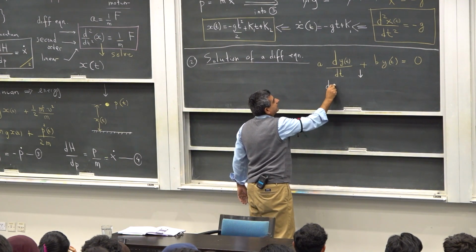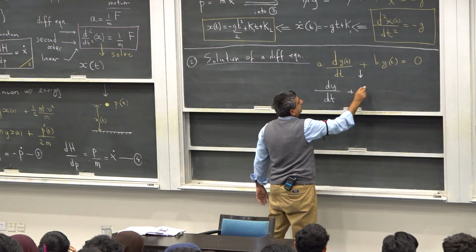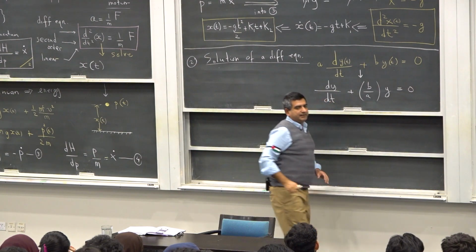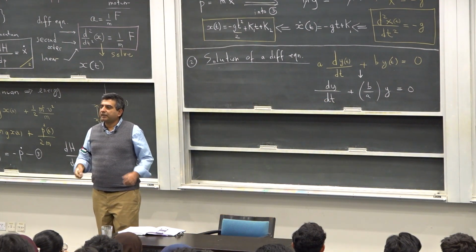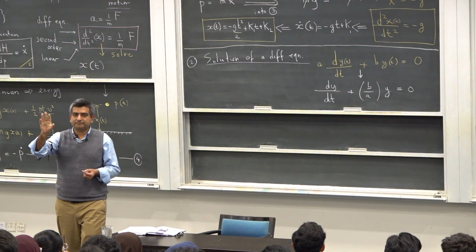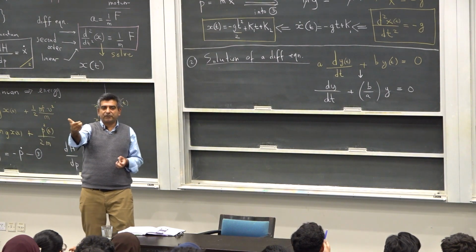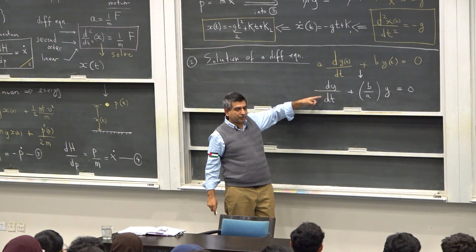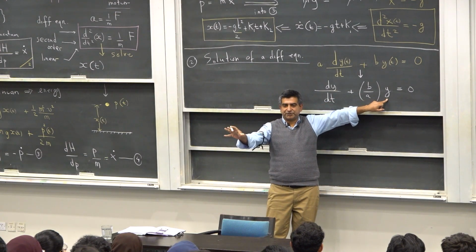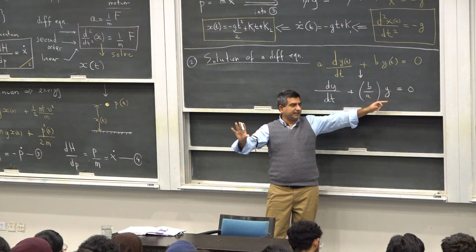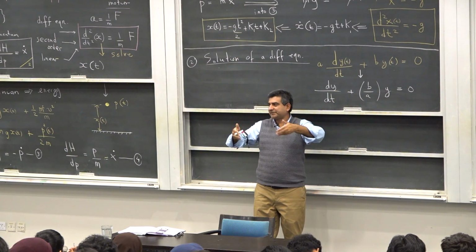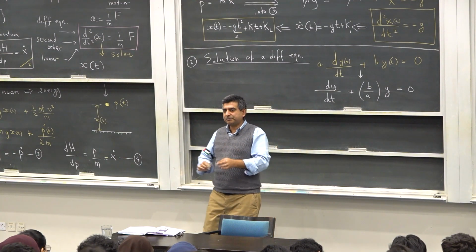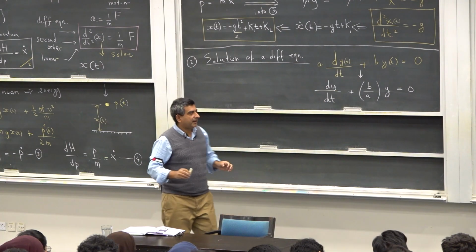So I just look at this: dy/dt plus b over a y equals 0. This is just a trivial operation. Now what I would like to do, the kind of recipe for this is, there's this function y, there's the derivative here, the first order derivative, and just the raw function y, no derivative here. This y comes with a coefficient b over a, which is a number. Now what I would like to do is define an exponentiating factor.